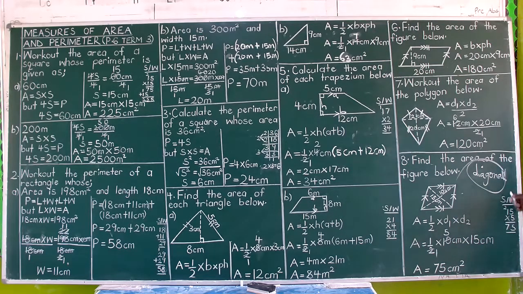Put a side work, or sometimes you call it POW, part of work. 15 times 5, where 5 times 5 is 25. Write a 5 and carry 2. Then 5 times 1 is 5 plus 2, you get 7. So 15 times 5, you get 75. And remember, these are centimeters times centimeters, you get centimeters squared. So the area of this rhombus is the answer, 75 centimeters squared, or 75 square centimeters.